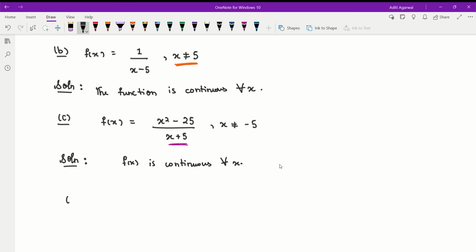The D part of the question is f of x equals modulus x minus 5. अब modulus के बारे में जो लोग नहीं जानते, it gives only positive values for the given function. अगर आप इस modulus function को draw करने की try करेंगे,